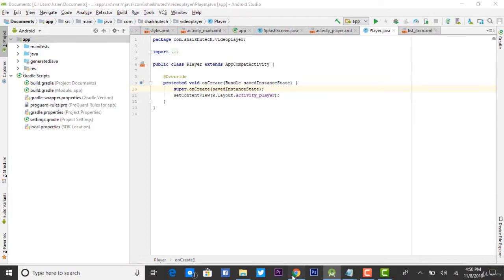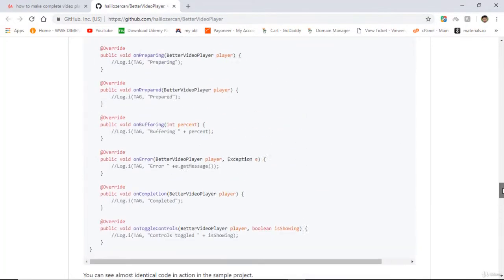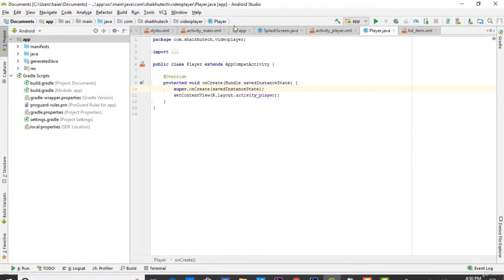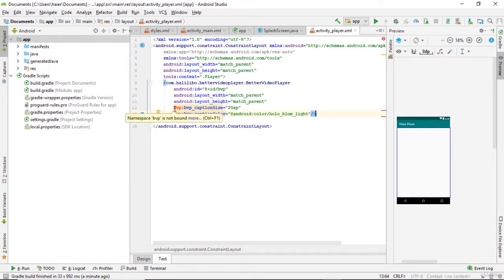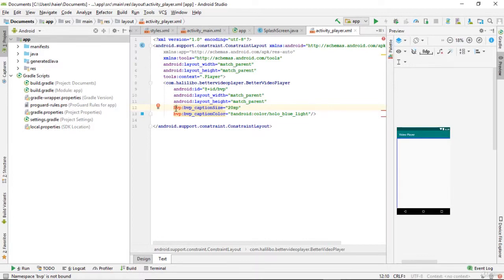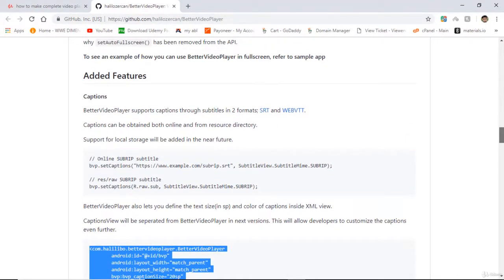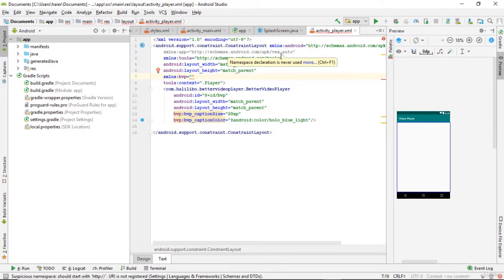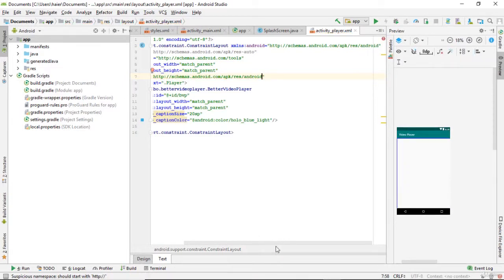So what next you need to do is to go to your GitHub page and from there just copy this code from here, go to player underscore activity player XML file and paste it right here, and make sure to add this BVP here. For BVP just go again to the page and there he hasn't referenced it, so what we can do is alt enter it and create namespace declaration and copy this one from here, paste it under BVP. Alright,